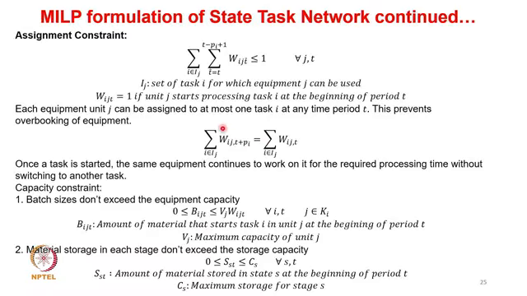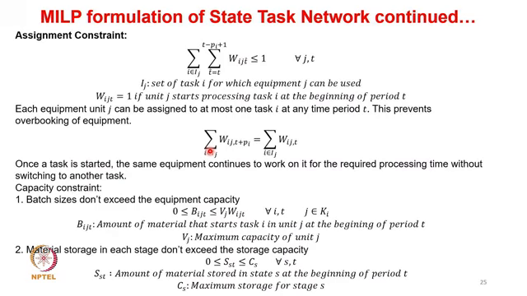The next is the sequence constraint. The sum of Wij at T plus P is equal to the sum of Wij at T. This essentially means that once a task is started, the same equipment continues to work for the required processing time without switching to another task. You can't break an operation. So, heating is done continuously until the entire operation is completed. Or if it is cooling, or a reaction,